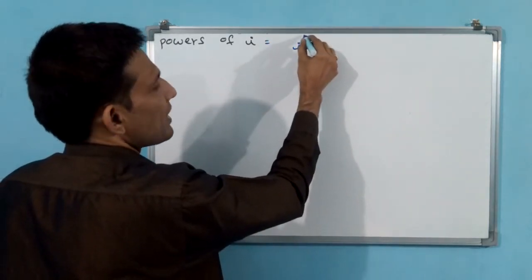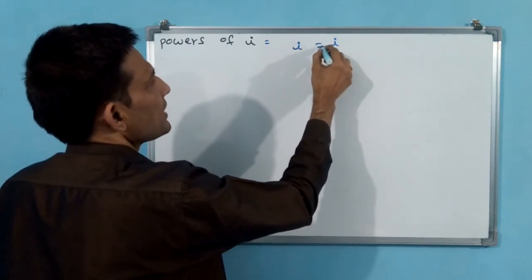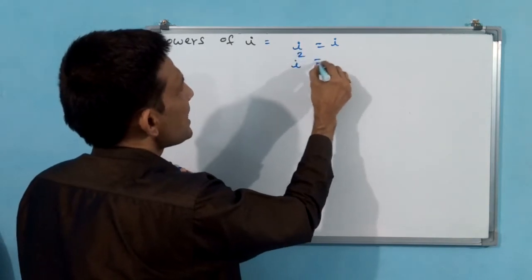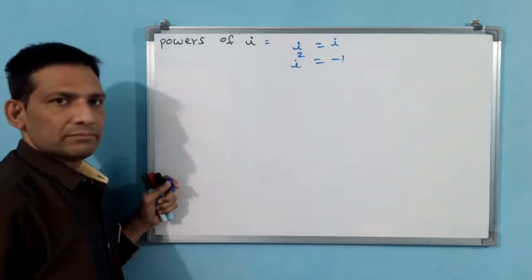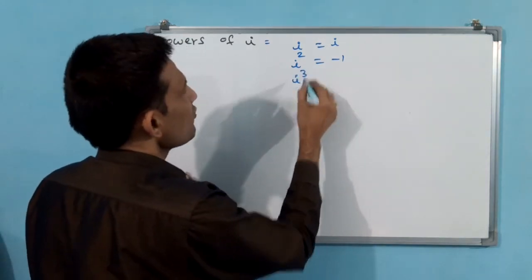I power 1 is I. I is equal to I means I power 1 is equal to I. Okay. I square is equal to minus 1. Second one. Okay. Then I cube is equal to...